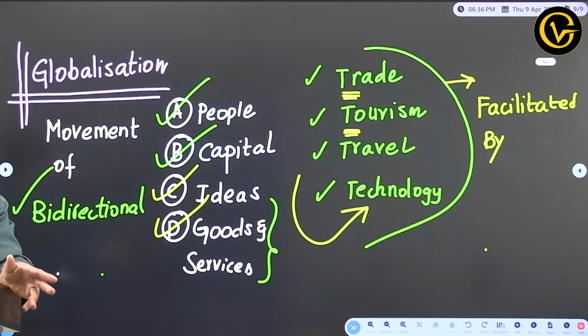There is one assignment for you, write down. Nagoya Protocol. In your environment faculty will discuss about it. It is part of CBD. There is something called as Convention on Biological Diversity. So read about it. That is your assignment for tomorrow's class. Try to know what is that Nagoya Protocol.